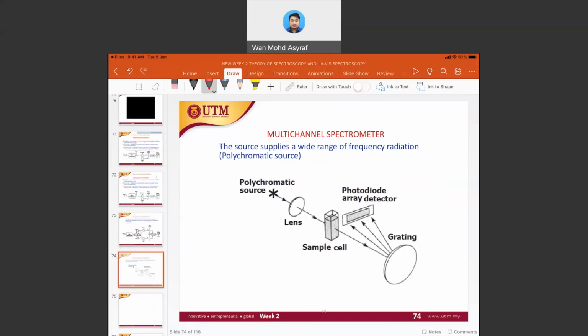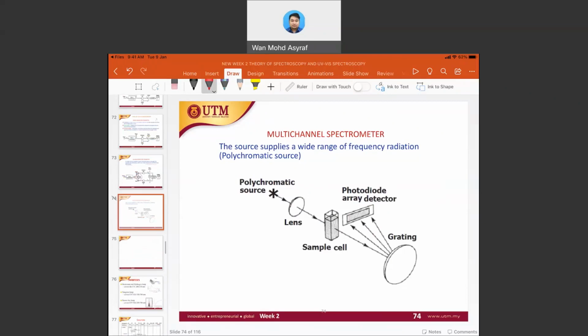So for a multi-channel spectrometer, I don't think that this is important. Sorry, I don't think that this is important for you. It's just for you to be able to know the difference between the single beam and the double beam spectrometer. Okay,